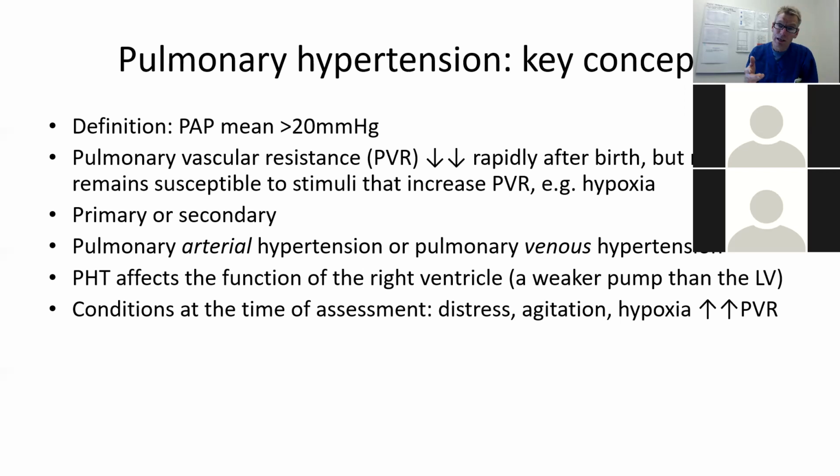So these babies might deliver, might have a bit of birth asphyxia, someone might not recognize it and they get transferred out of the labour ward to the postnatal ward, and they might have a bit of apnea, or they might be a bit hypoxic, and then because of hypoxia, their PVR, their pulmonary vascular resistance, suddenly rises, and they get much worse pulmonary hypertension, and then they're shunting blood all from right to left, and they become very cyanosed. That's what PPHN is, and it's this combination of